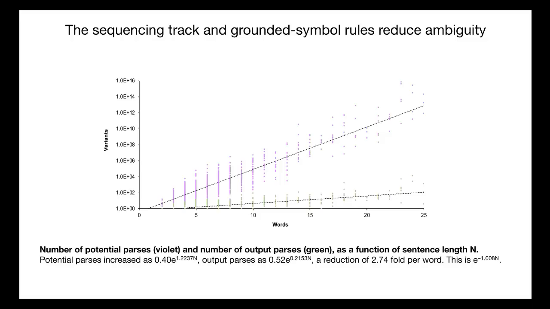Basically, there are enough constraints in the cognitive rules I told you about that you are just going to stochastically eliminate sentences that are wrong. And so you're reducing things down to 1 over e. That is what happens when you have independent events. So it's treating words as more or less independent, and the collisions are coming from the sequencing track rules.